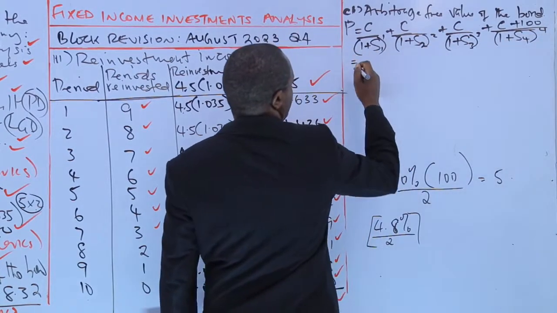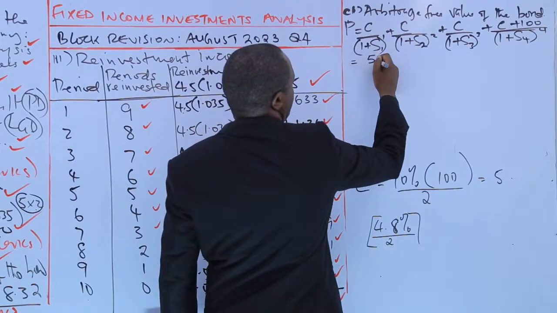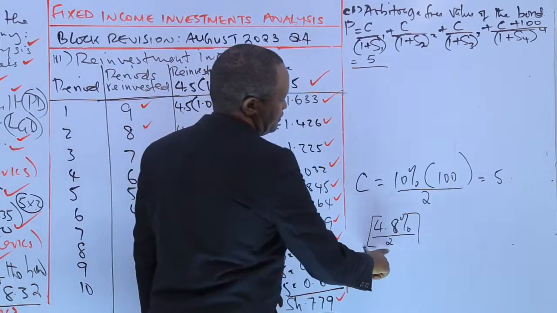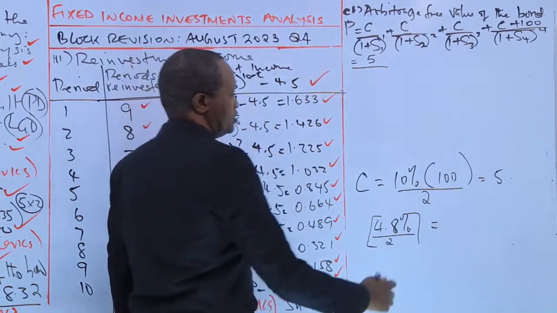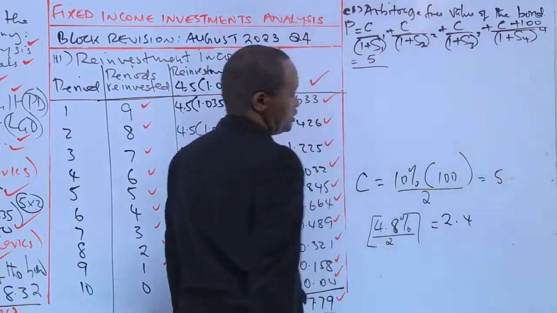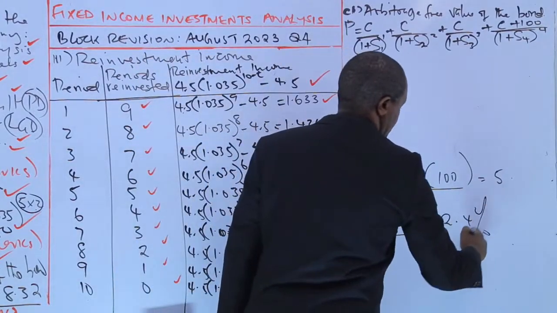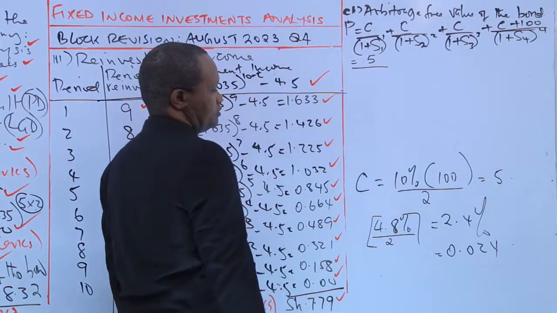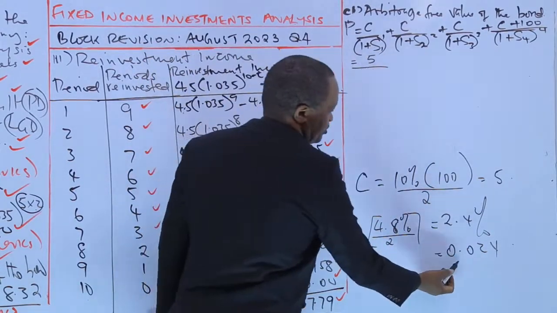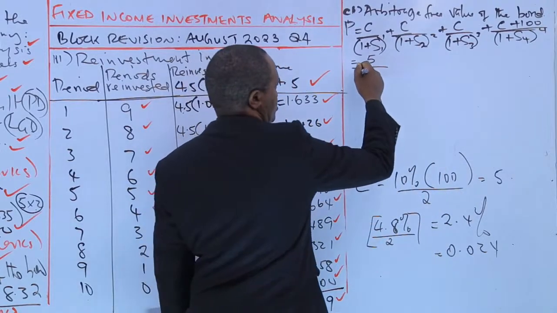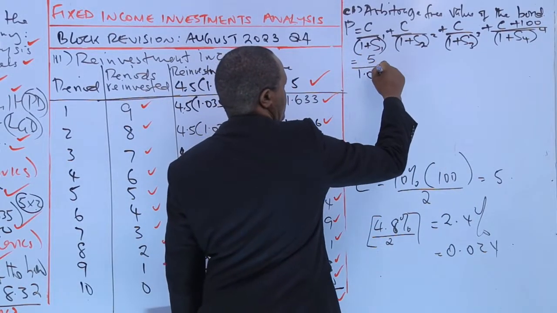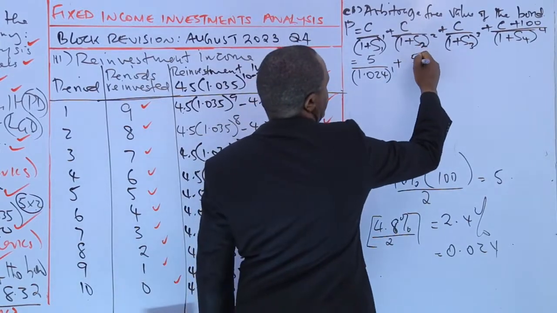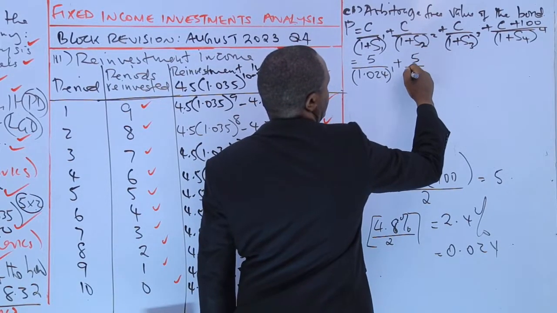So this will be equal to 5 over 1 plus 4% divided by 2, which is 2.4%. Converted into decimal is 0.024. So this is 1 plus 0.024, which is equal to 1.024 raised to 1,